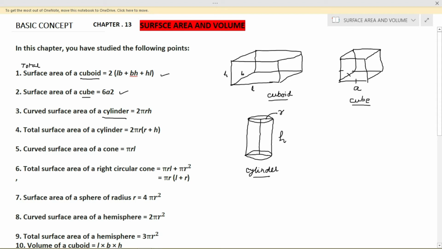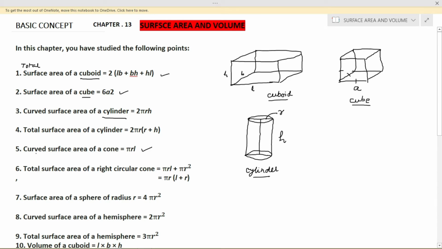And from here, how to find the total surface area of this? If you consider the one surface in the surrounding, that is the curved surface, and the top one is a circle and the bottom one is a circle. There are 3 surfaces. One circular surface at the top, one circular at the bottom, and one curved surface. Okay. So if we add all these 3 together, we will get the total surface area. And if we find only the curved surface area, the curved surface area of cylinder is pi r L.